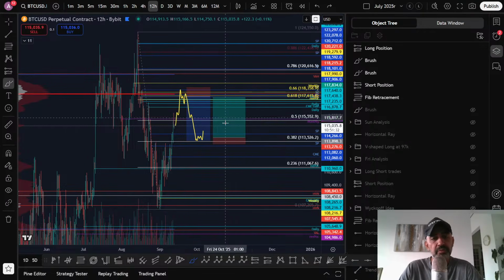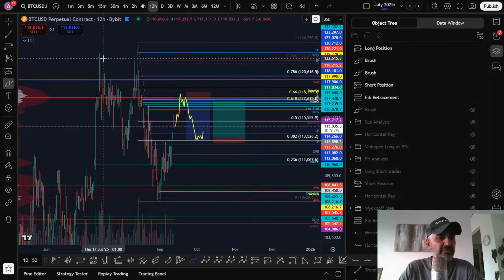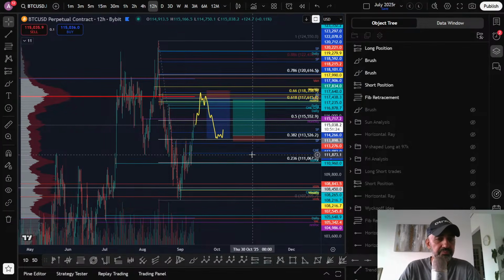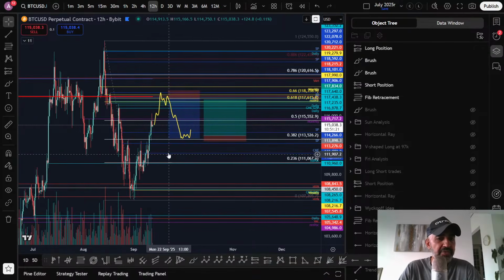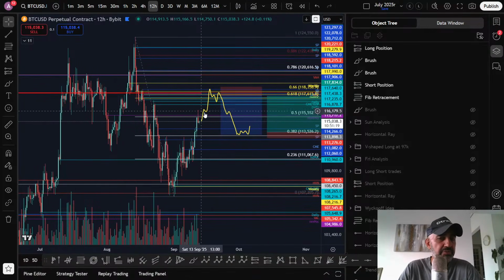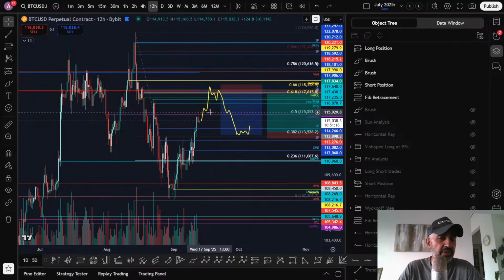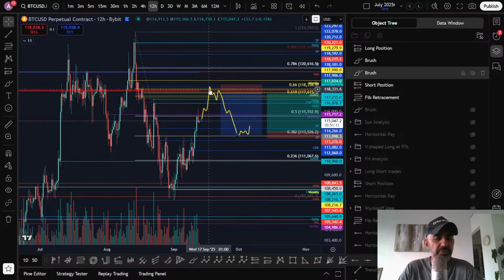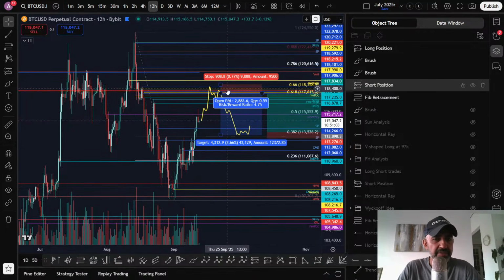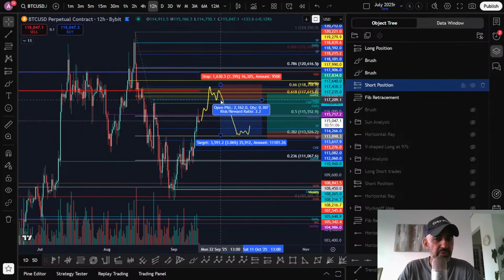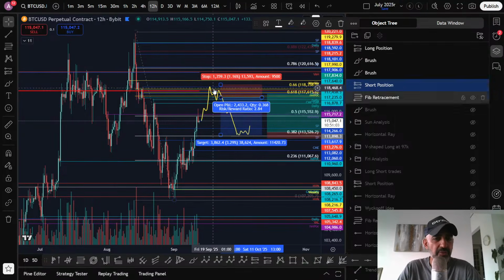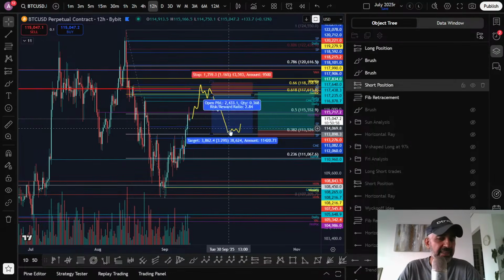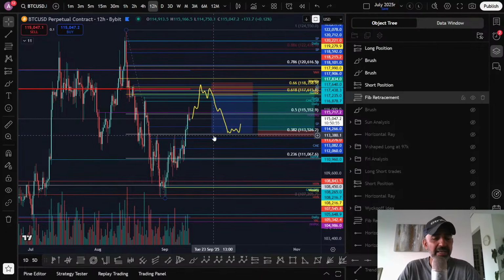So that's kind of where I'm at right now with this, without really going into much depth. At the moment, you can't really long because there's no risk to reward, there's no invalidation, and you can't short because it's not the right area. And so you just have to be patient for the price to reach the specified areas. This obviously can be a little bit wider because we're not sure exactly where the price is going to reject from. But ideally, you need a reaction. And then naturally, you want to see the price find support at the breakout neckline.